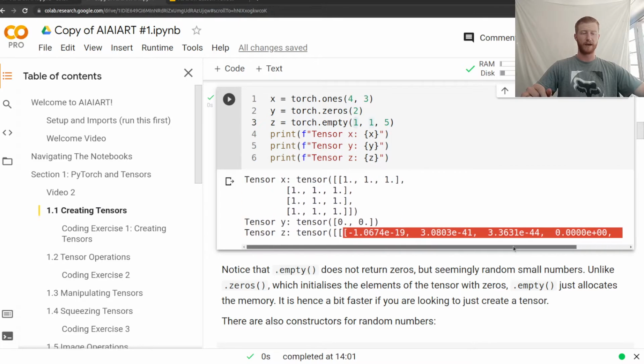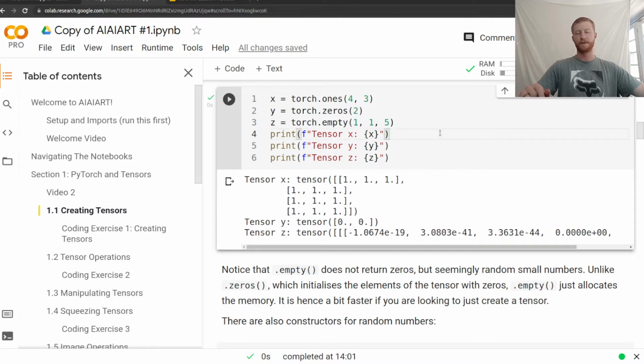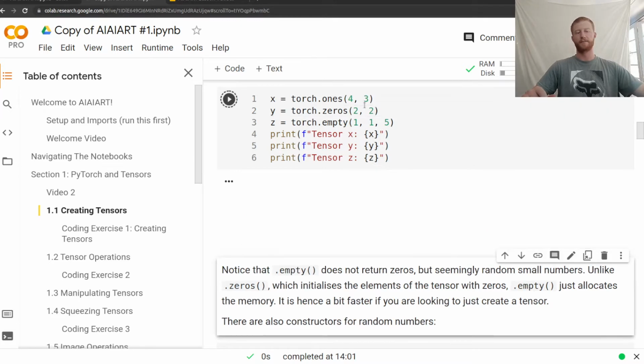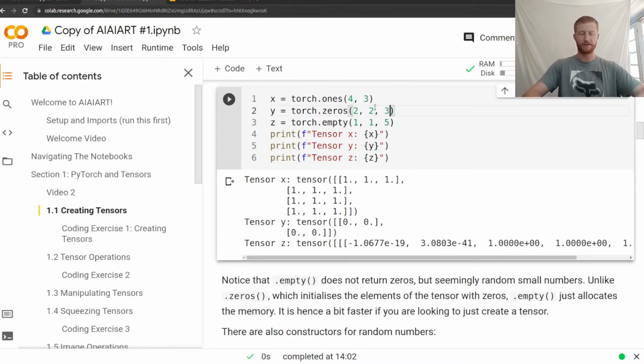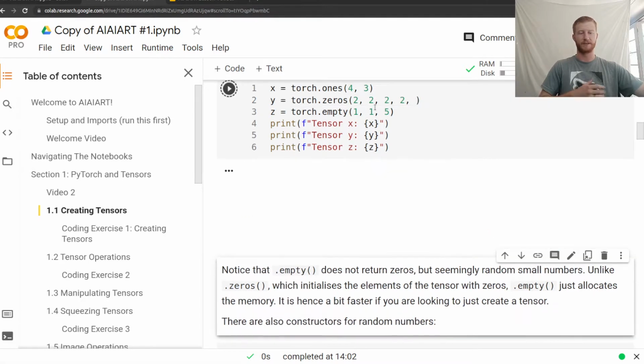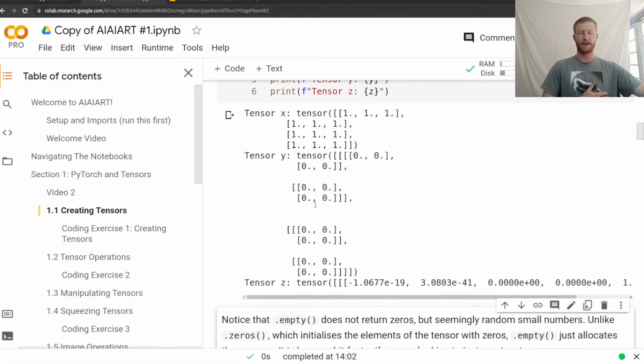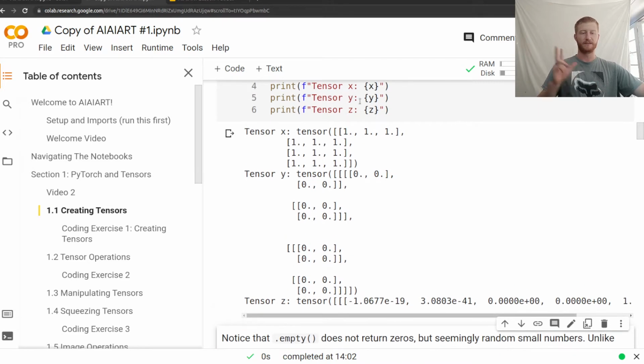And you can always go and mess around with these. What happens if I do 2, 2? One of the questions we had in the lesson was, is there a limit to some number of dimensions? No. You can mess with this as much as you like, and you'll see that the resultant shape is what